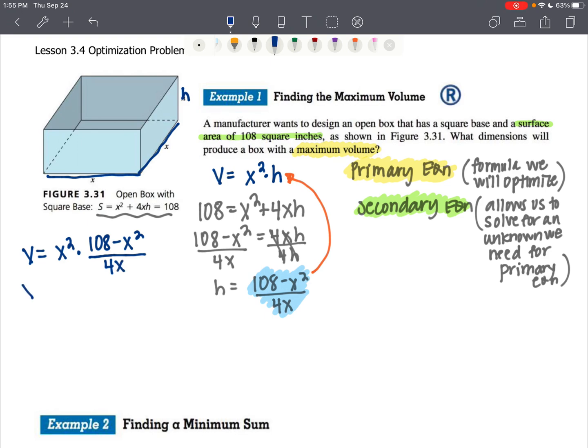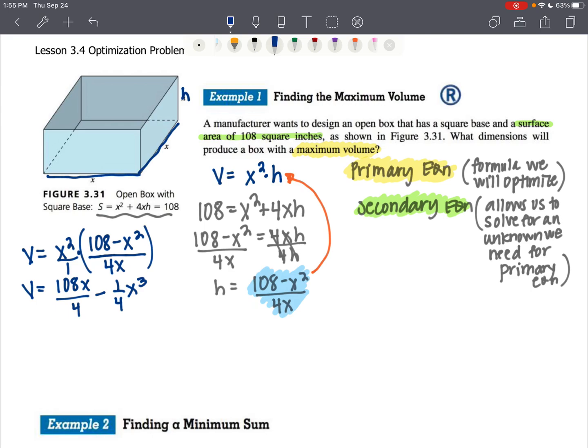I'm going to multiply straight across, reducing my fraction, and I'm going to get 108x over 4 minus 1/4